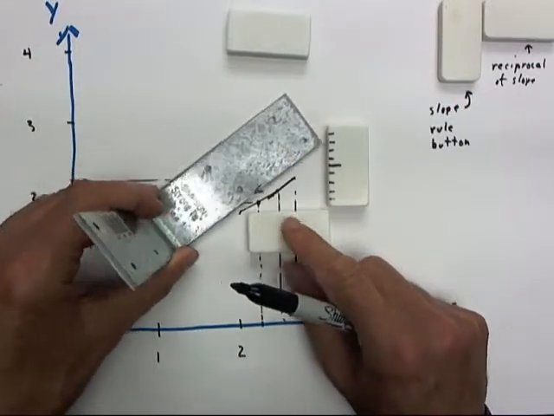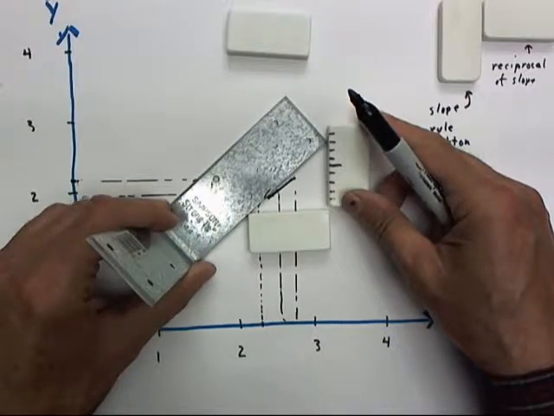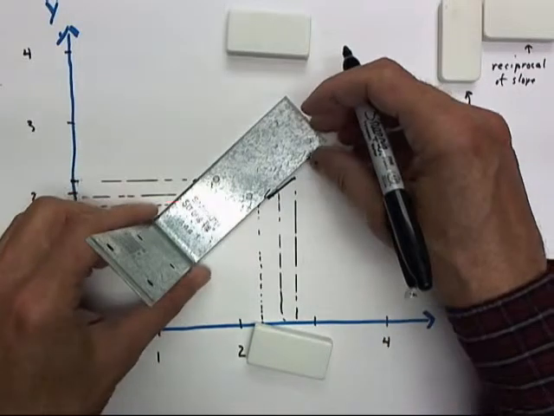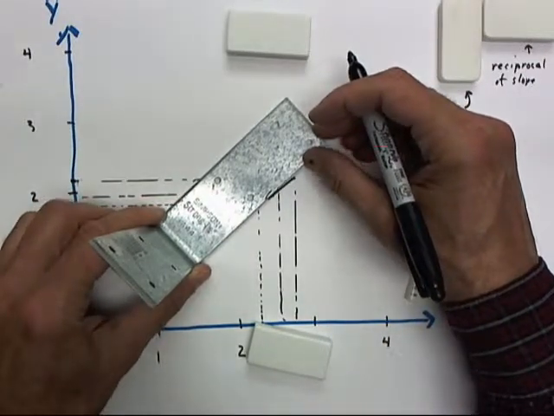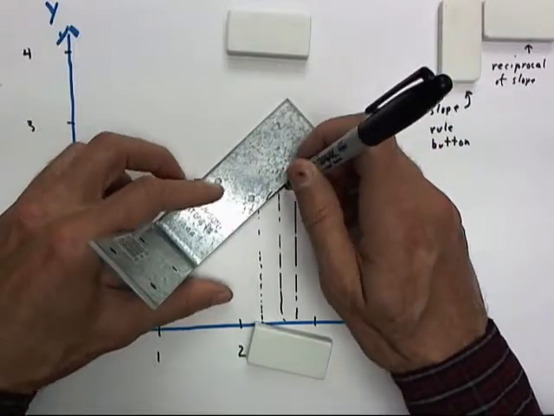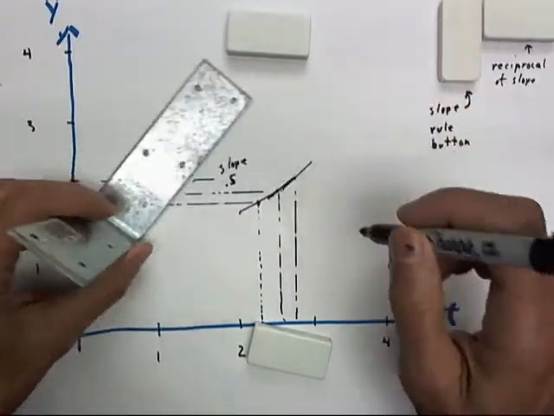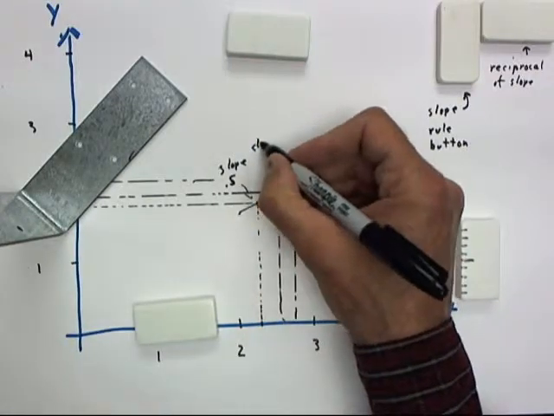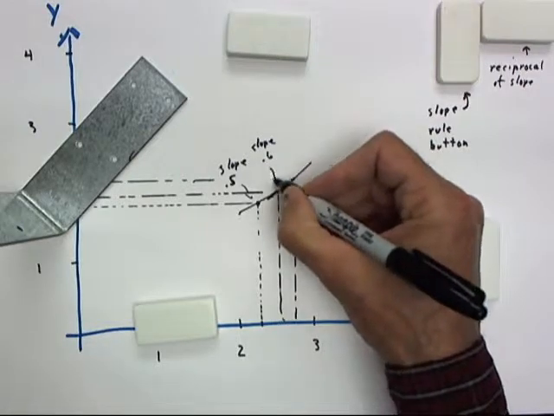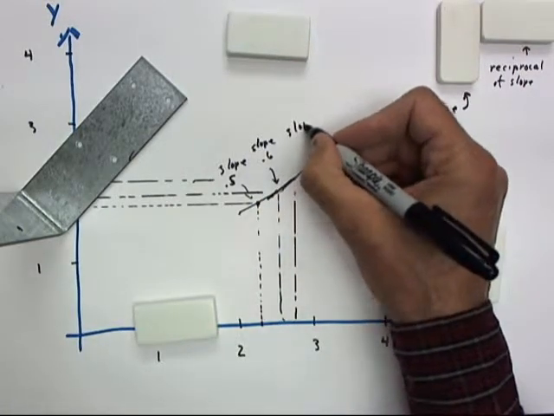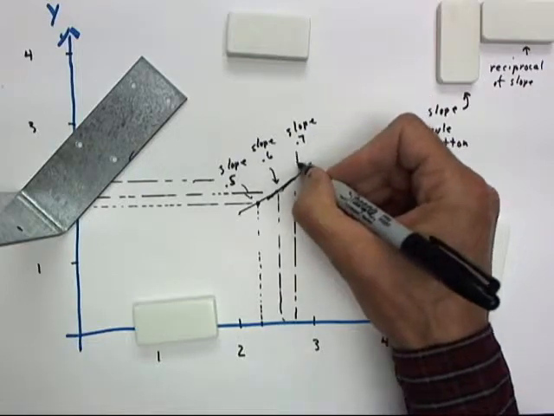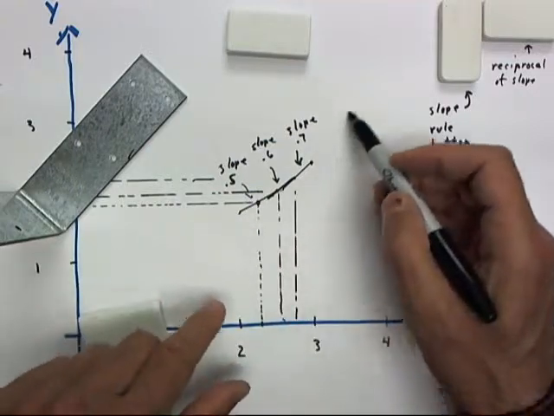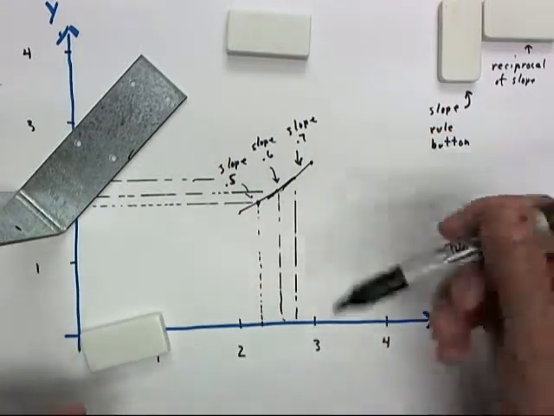Okay, I can line these dominoes up, and I can move this up 0.8 of a unit. Now I'm going to have to slide this down slightly. Let's try to keep the same slope as we slide this down. And now we've got a slope of 0.8. So our slope here was 0.5. Our slope here is 0.6. And our slope here is 0.7. It's clear that we could continue this process and we would get some sort of a curve depending on our